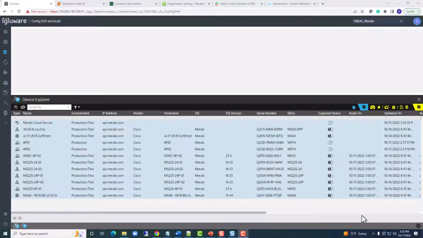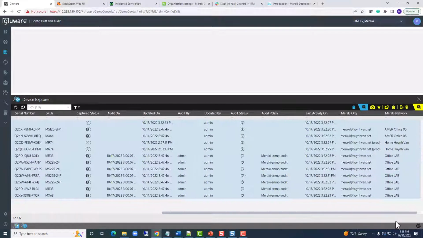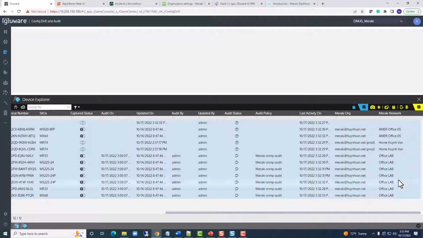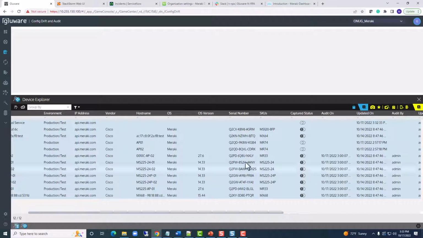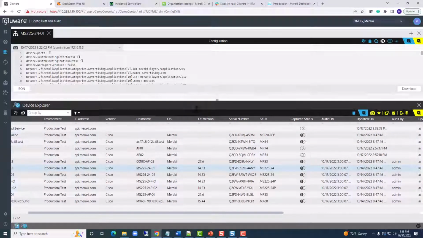Okay, the snapshot has completed, which means we've reinterrogated that Meraki cloud service and have issued dozens of API calls to collect the data, and we see that we have change detected. And if I scroll over here, I can see that if I look across the Meraki networks, these are affecting the Americas and the Office Lab. The home network was isolated, so that one was not affected by this change. So if I double click into any one of these, like this switch,